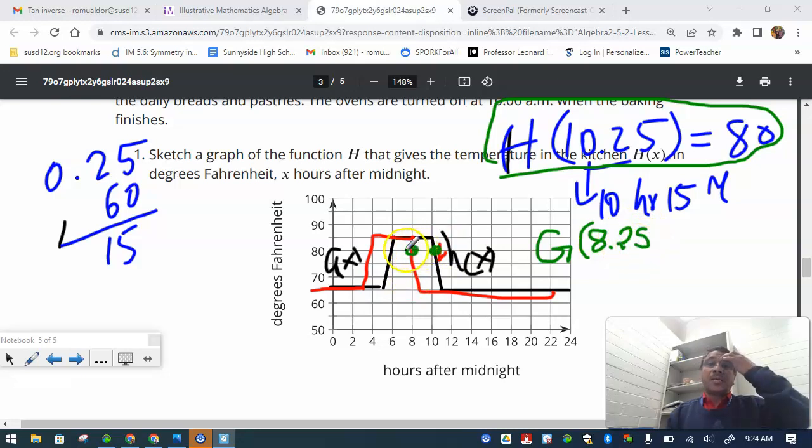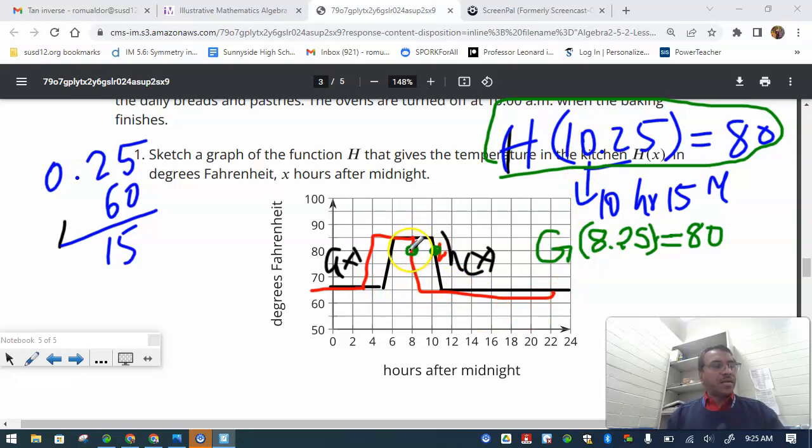The temperature of the g function will be the same as the temperature of the h function, which is 2 hours later. So this is also 80. So what that means is the temperature at 8 hours 15 minutes is the same as the temperature of the h function 2 hours later. You can say 8 plus 2 is 10. And that's how